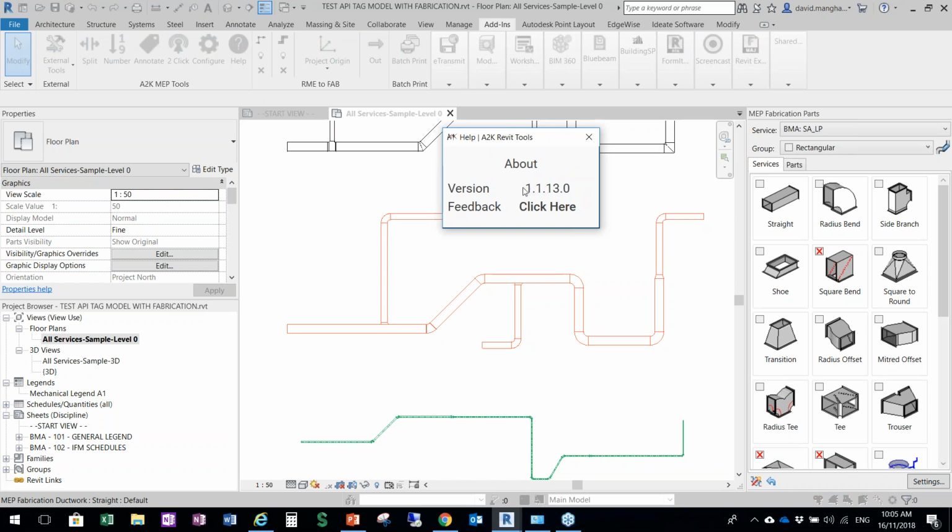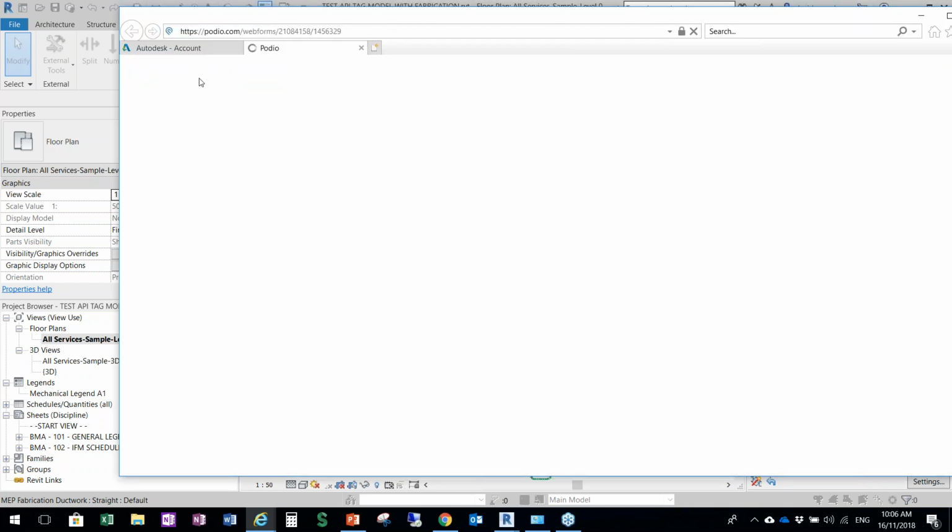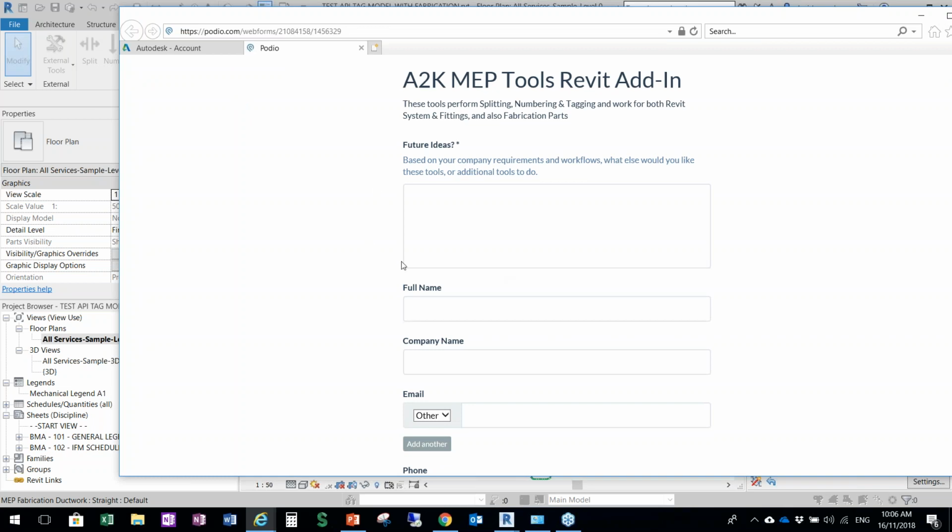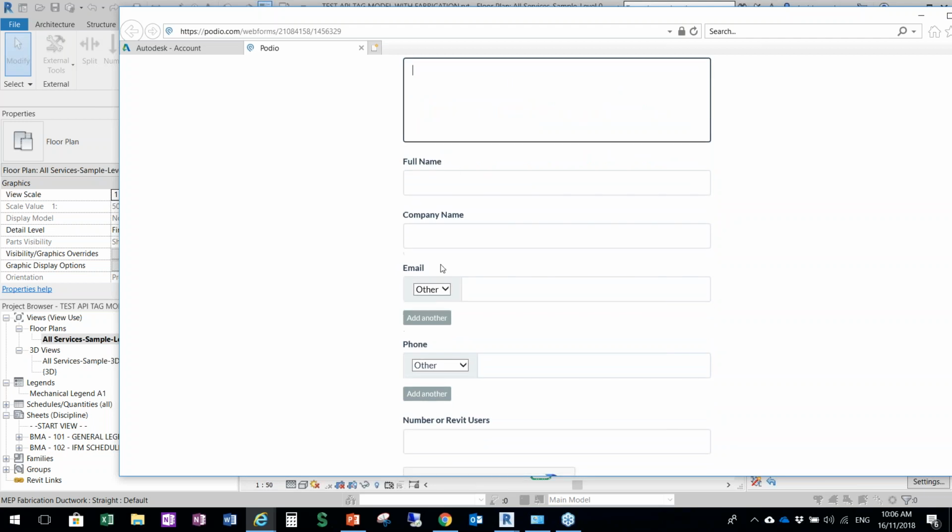So the help button, just for your information, if I click on the help button, it pops up with a version that we're running. This is the current version, which is available to download from the website. The links were in the PowerPoint presentation. And here we've got a feedback link. So you can click on this feedback link. It should fire up a web page. And this gives you the option to type in some comments, keep them clean if you don't mind. And then obviously we'd appreciate it if you put your name and company name and email address